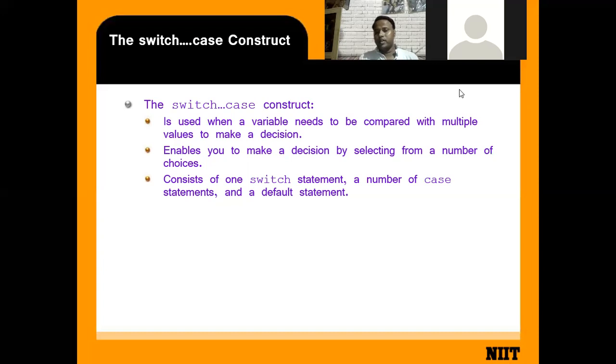You are searching for the record and you got that record in the 10th position. Once you got the number from the 10th position, there is no need to search again after 10. So in that case we are using the break statement. The break statement is used to stop the flow of execution once you got your result. Clear? What is switch case and break?